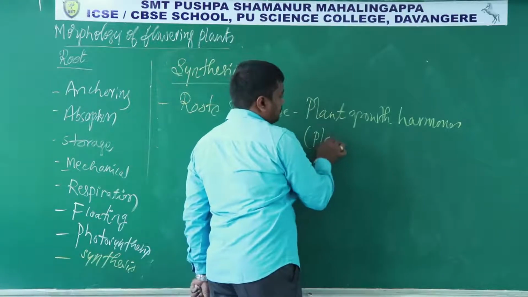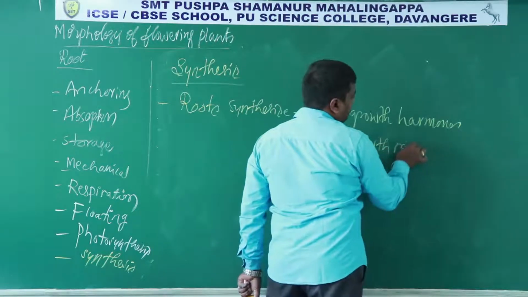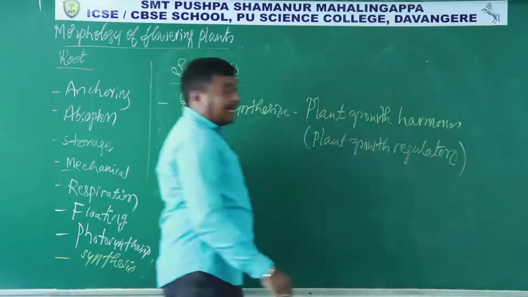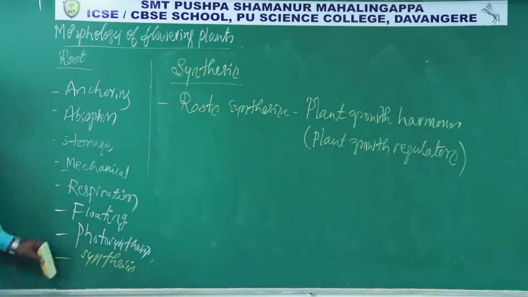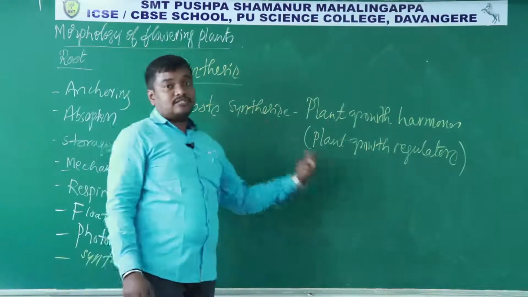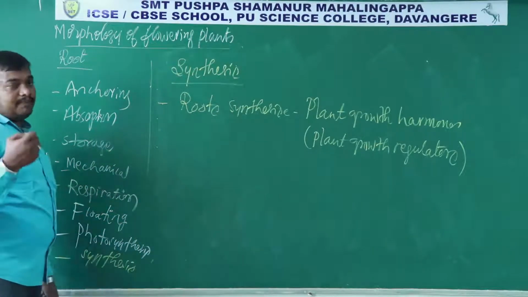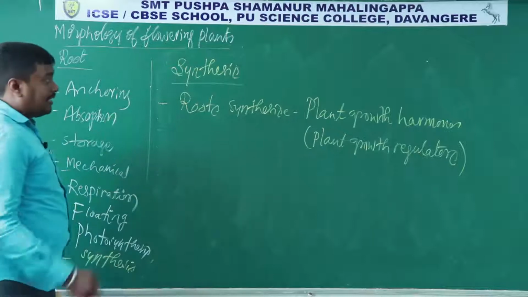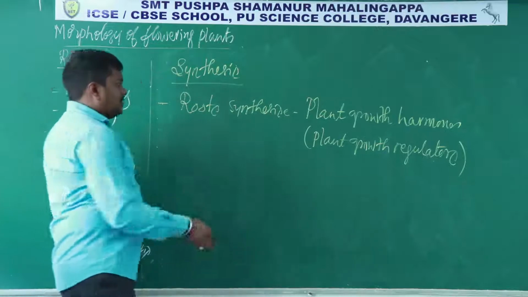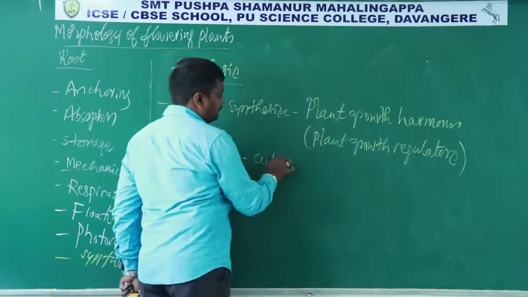They are also called as plant growth regulators. So plant growth regulators are synthesized in root. We are going to learn in detail about these plant growth regulators in the last chapter of botany, plant growth and development. In that chapter you are going to learn what those plant growth regulators are, how they are transported and what their function is. So let me give the type of hormones they synthesize,